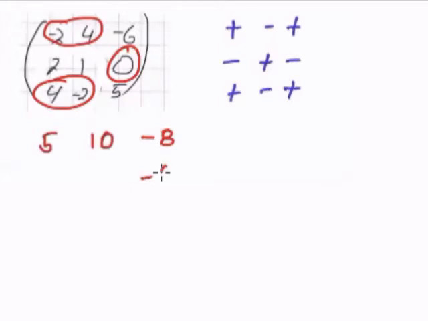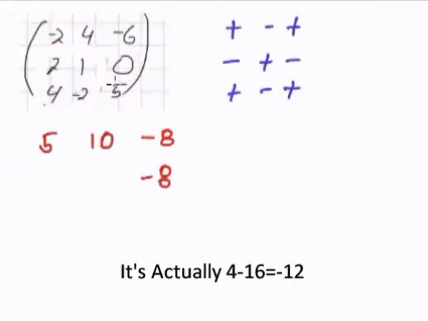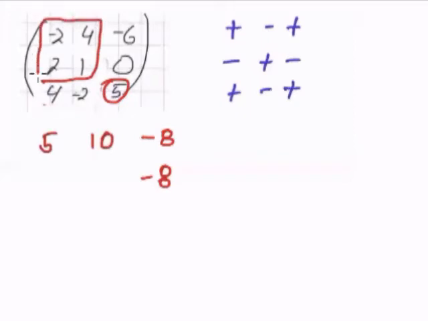4 times 4 is 16 minus, well, it comes out that way. Negative 2 times 1 minus 4 times 2 is negative 10. And